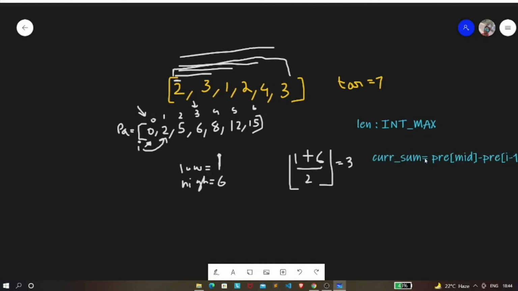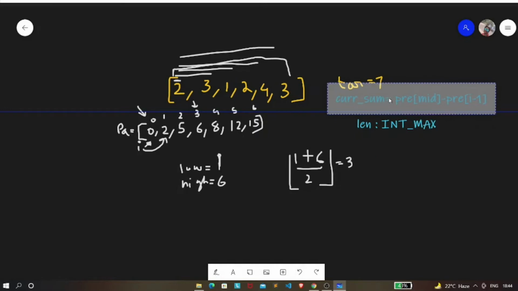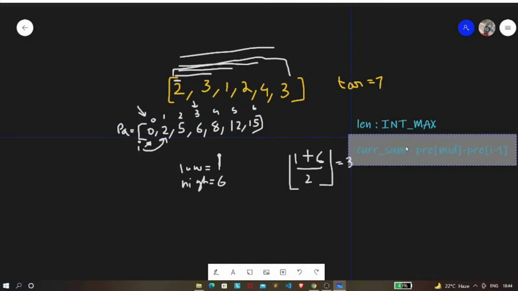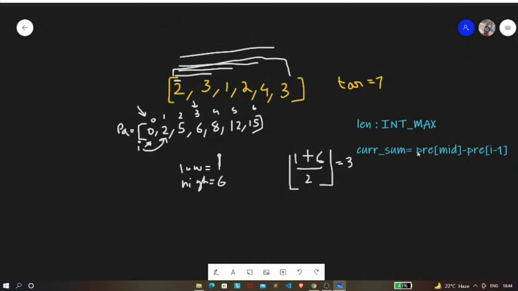That's what is going to be our formula for current sum. So what is our pre of mid? Now pre of mid is 6.